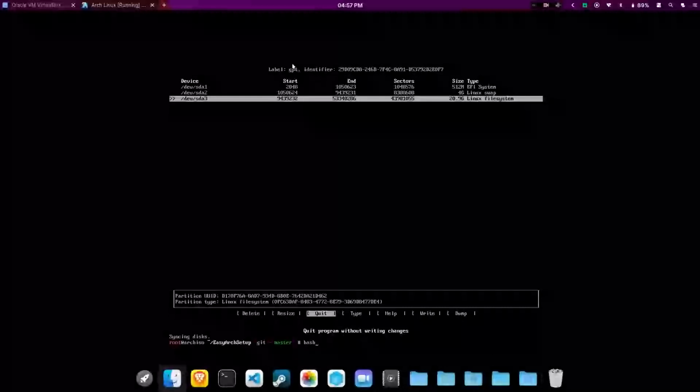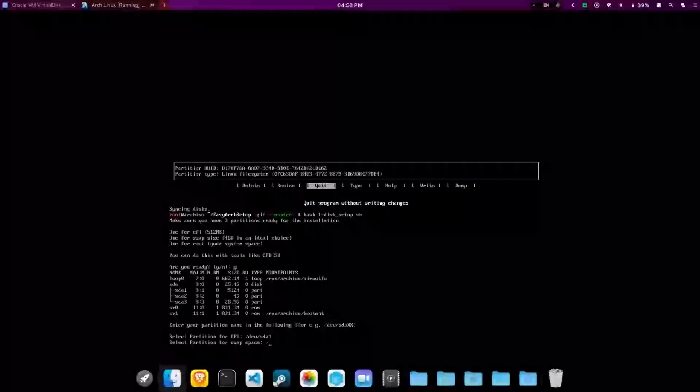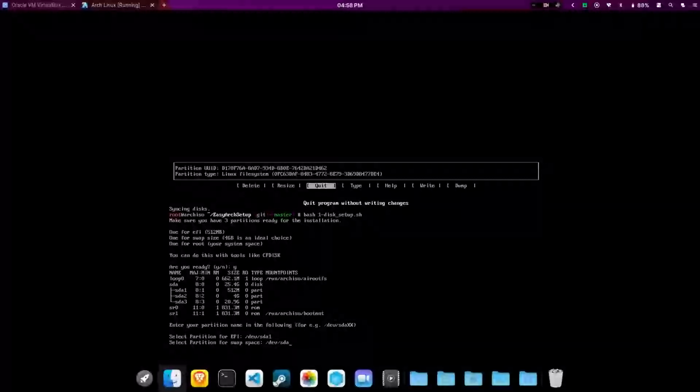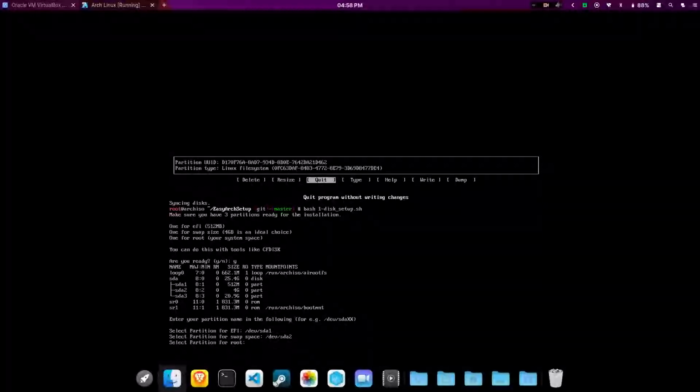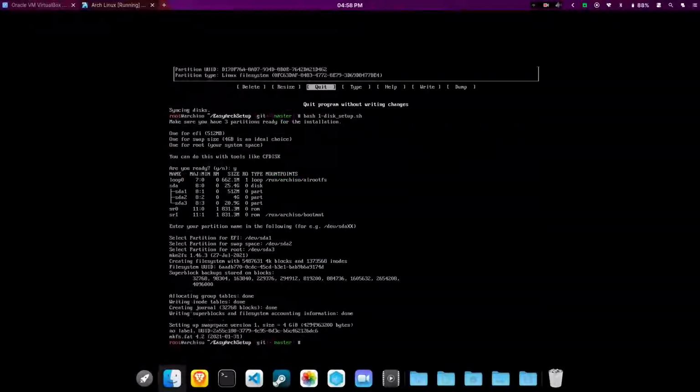Now we will just run our bash script, and continue. Now select, they told us to select the partition for EFI. My partition, as you saw in cfdisk, was /dev/sda1, and yours may be different. This is the partition we had given 512 MB. This one is /dev/sda2, which was the swap space, and the next one is /dev/sda3. So done. Now they have formatted our partitions, and that was it.